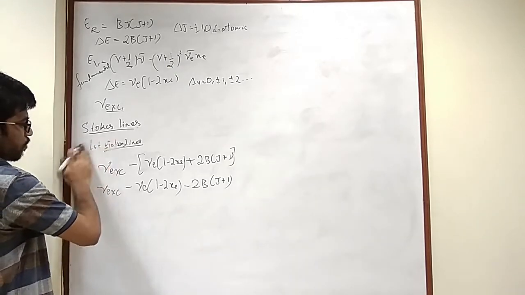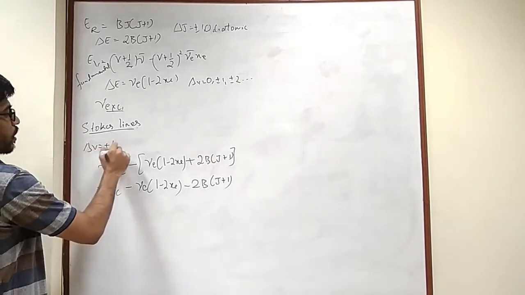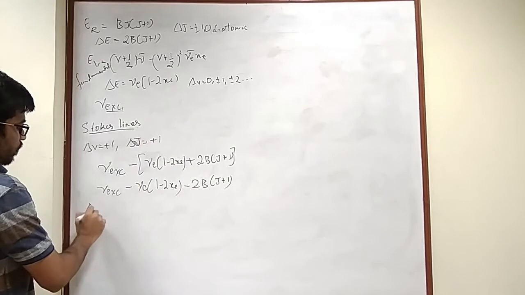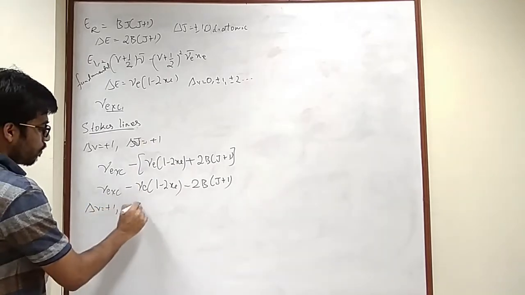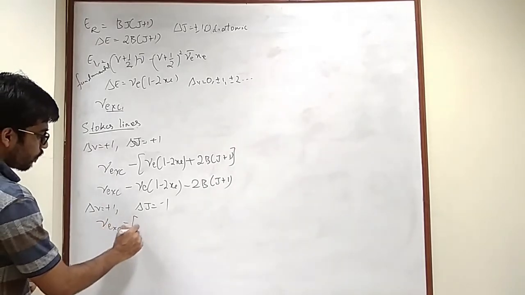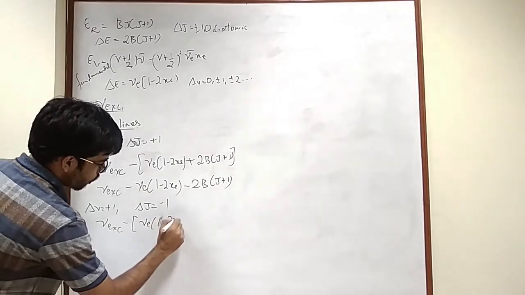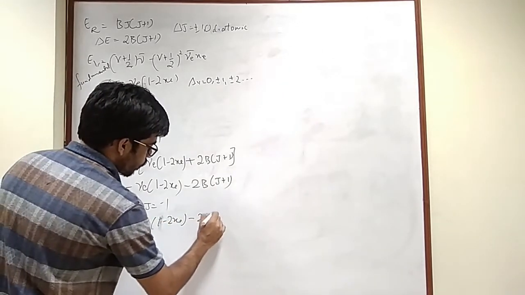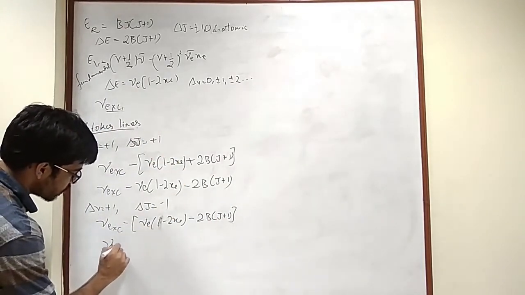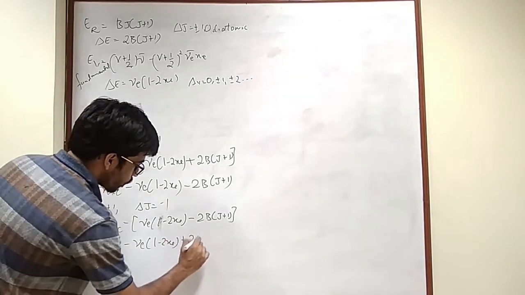Let's not name it the Stokes line. So let's say this is for delta V equals plus 1, delta J equals plus 1. But if we have delta V equals plus 1 and delta J equals minus 1, in that case, this will become, if I open the brackets, it's simply